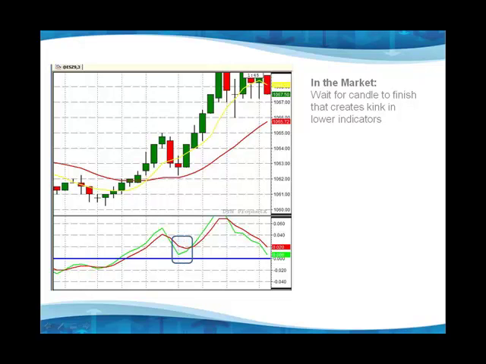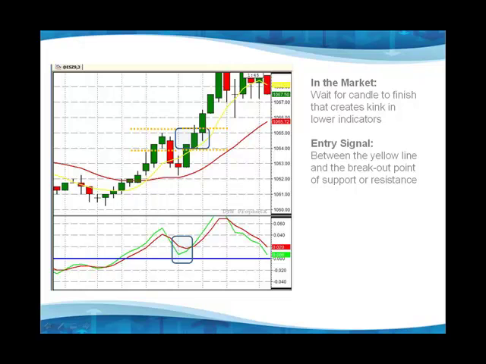Now we're looking at the kink down here. Once we see the green candle going up, the first green candle going back up that creates this kink, we wait for it to finish. Then we're going to draw an imaginary line, an entry zone per se, between the yellow line and the breakout point of the support or resistance. This is our entry zone where you can enter on the very next candle after the kink anywhere within this